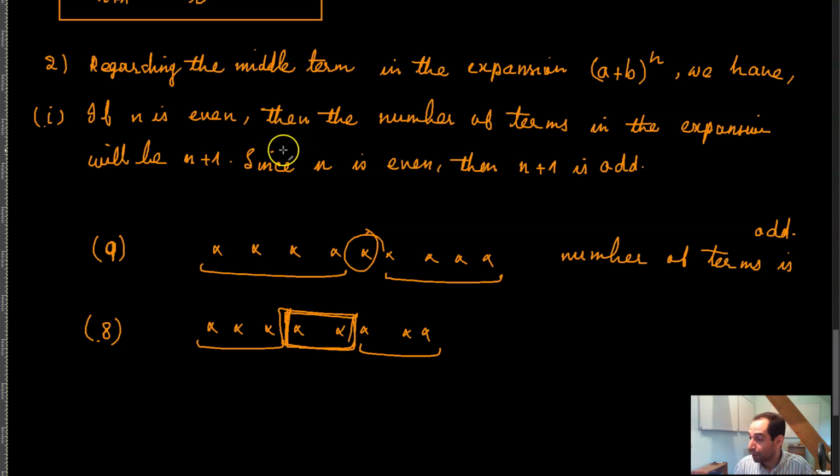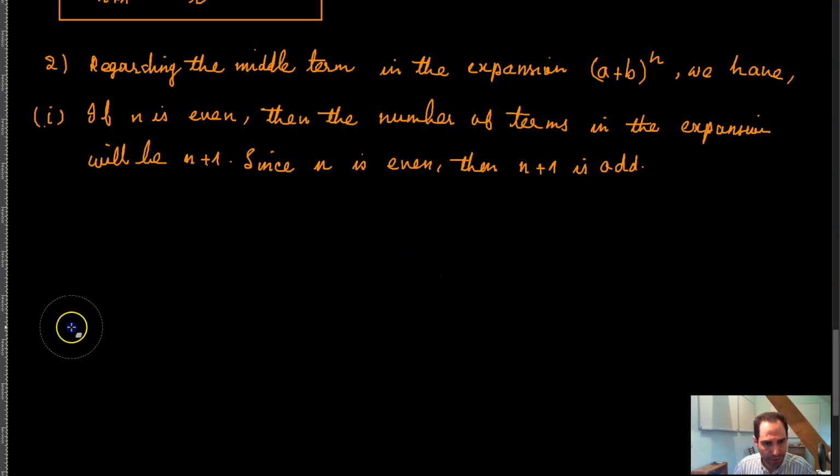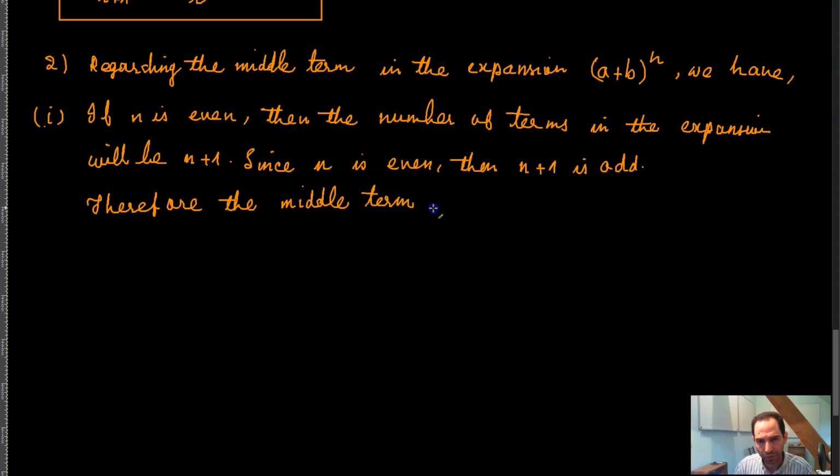Then what that means is that if n is even, then the number of terms in the expansion will be n plus 1, and n plus 1 will of course be odd. Therefore the middle term is going to be equal to